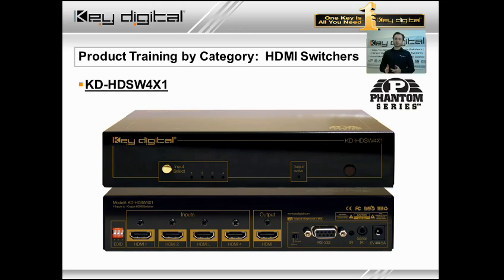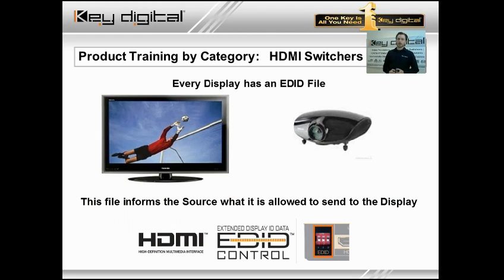Essentially an A-B switch, to paint a picture of transparency in the middle, essentially just pretending that we're not here, and instead just creating a channel for whichever of the 4 sources is actively selected to be directly connected to the display. Well, sometimes, as we know in the HDMI world, due to a very complicated and very long string of EDID information, sometimes there are misreads. Sometimes it's not as simple as just 4 sources into a switcher into the display, and instead you might want to have a little more control over that handshake, and certainly that's something we're going to discuss more along this